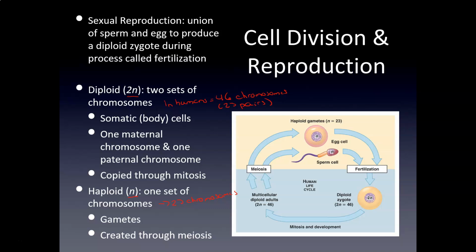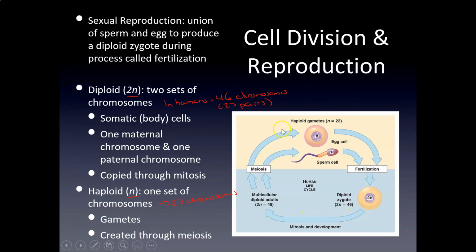There's a reason that we spend all of this energy going through meiosis, and it's because when I take those two haploid cells, 23 plus 23, and go through fertilization, I create that diploid zygote, which now has that 46 chromosome number. I go through mitosis, I develop, I become an adult. I still have 46 chromosomes worth of information in every cell in my body, right? Mitosis is to make an exact genetic copy, so 46 to 46.